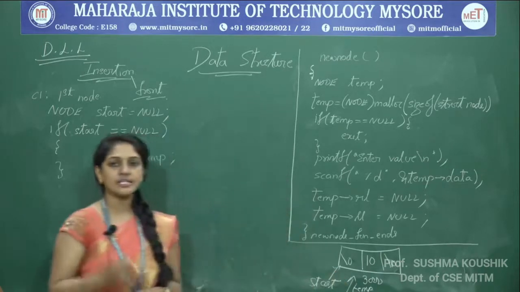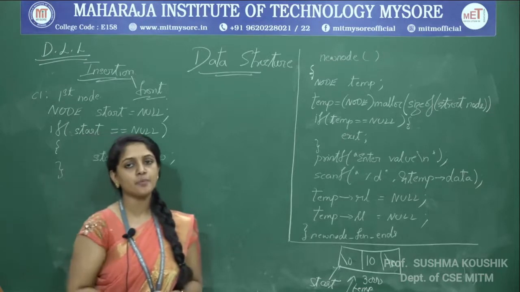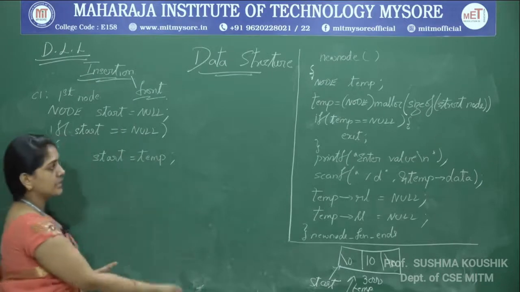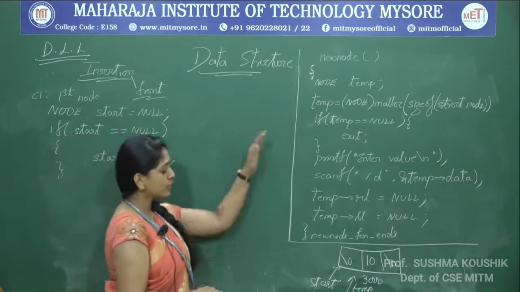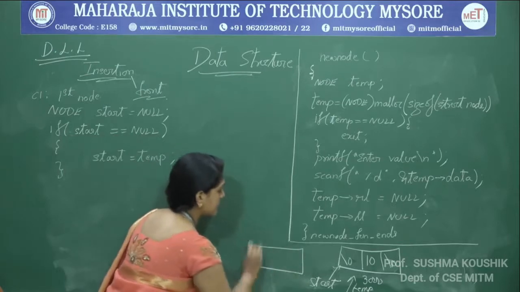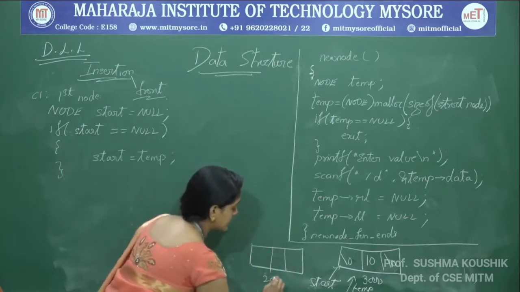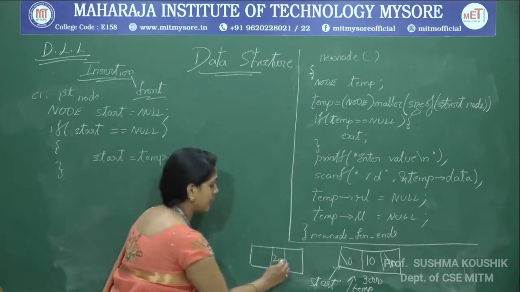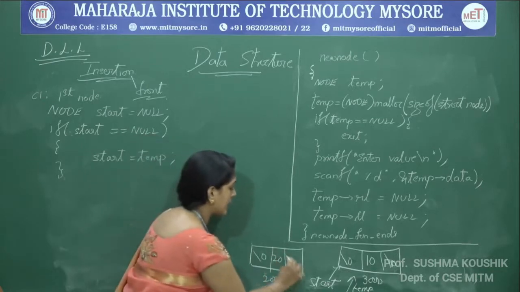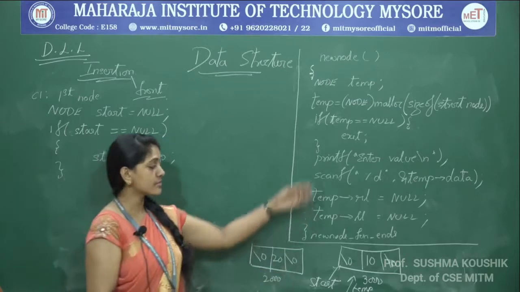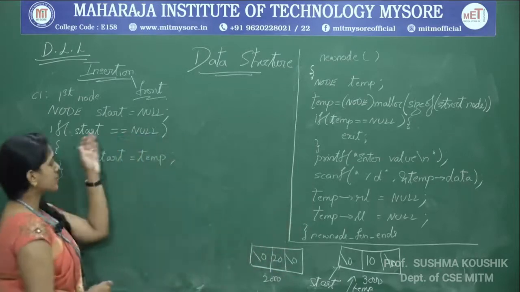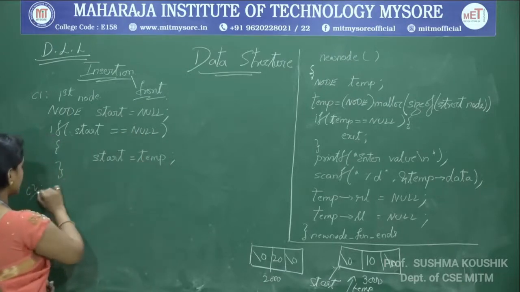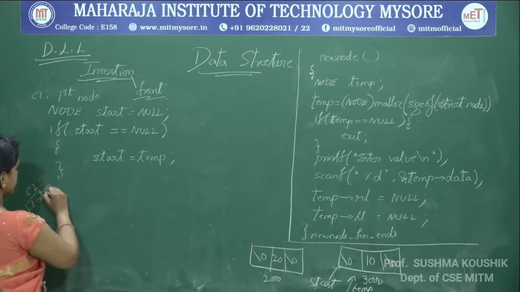The linked list exists when it is the first node, with no point of changing any pointers because there are no other nodes to point to. Now when it is the second case, similarly we will call this new node function again. One more node will be created and similarly it will have some valid address. We will assume it is 2000 and now we will enter a value. So maybe we are entering 20 as a value and RL and LL will be null with it. The node is ready with this and we are checking now, is start equal to null? No. So this is case 2 where this is not the first node, and the linked list already exists.